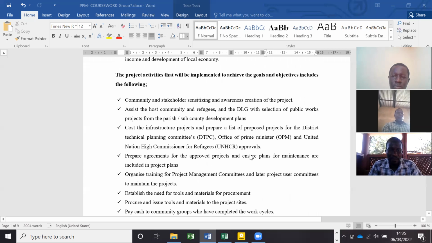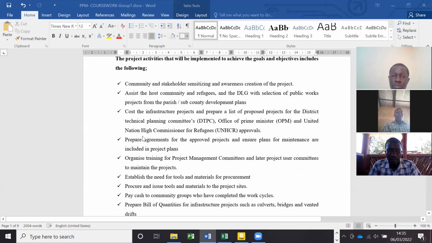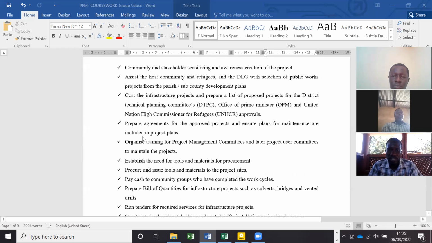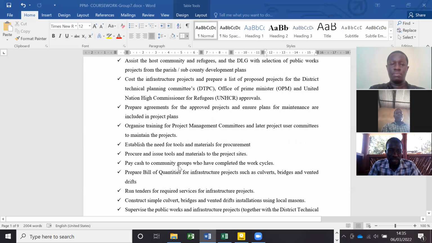The project activities that will be implemented to achieve the goals and objectives include the following. One is community and stakeholder sensitization and awareness creation. And then selection of public work projects, costing of the infrastructure projects, and preparing a list of proposed projects for the district technical team, preparing agreements for the approved projects, and then organizing training for project management committees and user committees. Then establishing the need for tools and materials for procurement, procuring and issuing of tools and materials to the